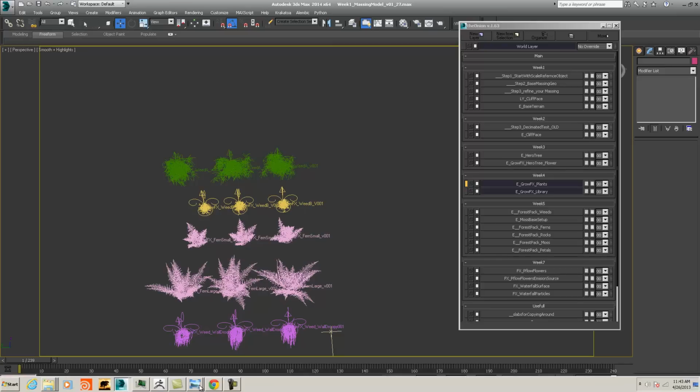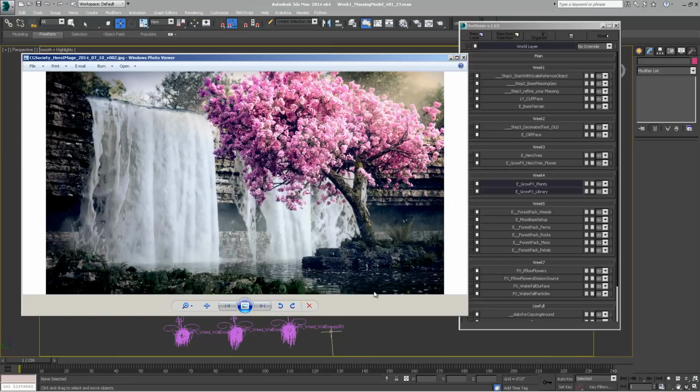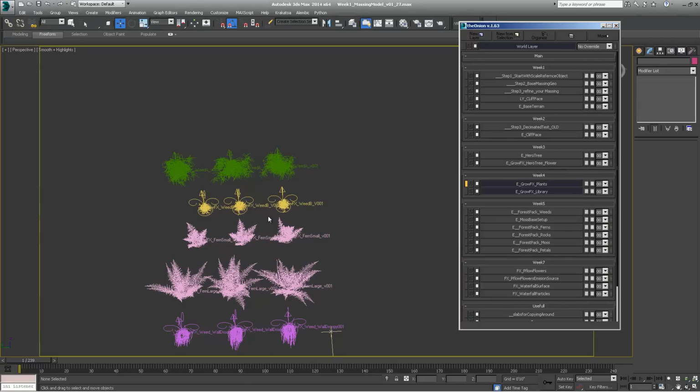You can see in my environment here, there are flower petals in the water and whatnot. So that's one element. These firs, little weedy guys, pieces of moss stuck on the rock surfaces, moss on the tree as well. So we'll create all of those little details that will scatter around the environment. And this is when you're going to really start to see your scene come to life, once you start to accumulate these little libraries and then start scattering those about,